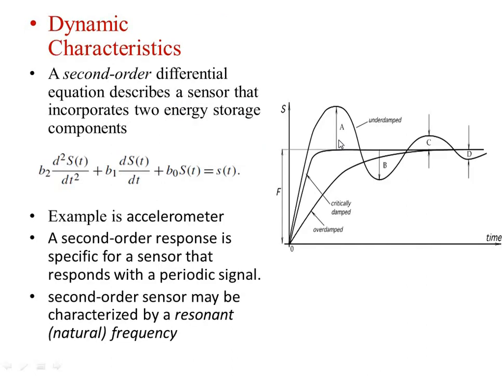Then the second order differential equation, so you will be getting damped oscillations. Okay, so here you can see that there are three types of damping. Critically damped is what exactly you are expecting. So here you can see that this is the delay, this is the delay. Okay, here you are expecting the output.